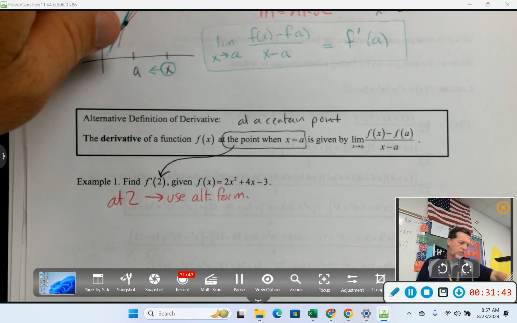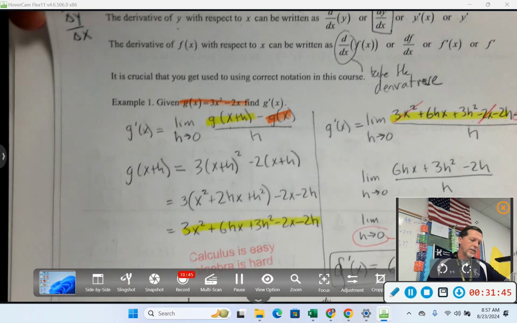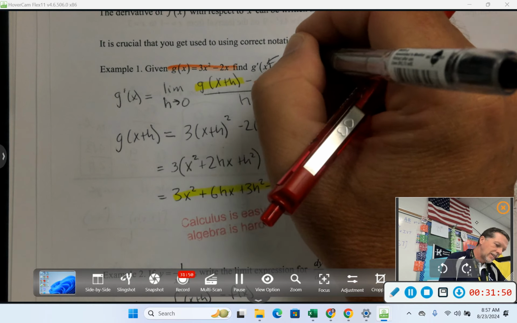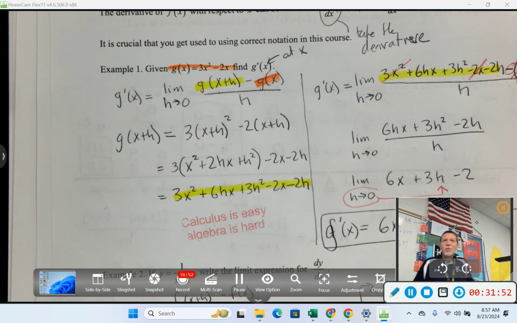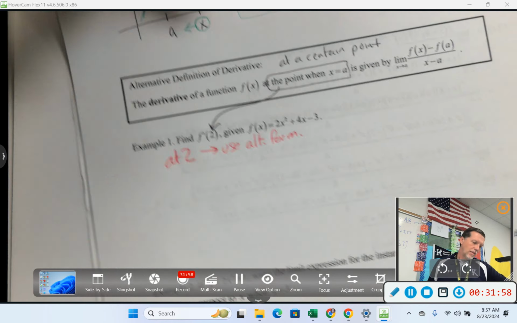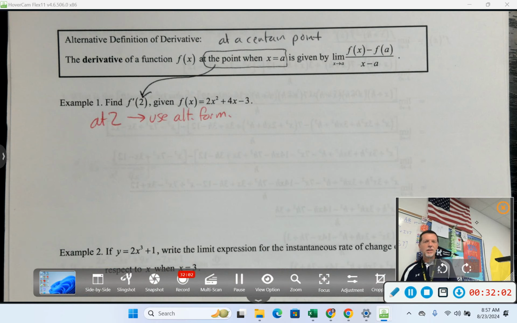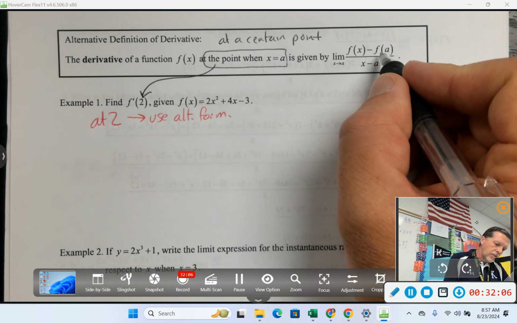If you'll notice, we didn't make a big deal of this because it didn't matter at the time. On the previous example, it was at x, like that's not a certain point. So that's the big definition, or the original definition. If it's at a certain point, you get to use what's kind of an easier formula. Okay, so looking at the formula,